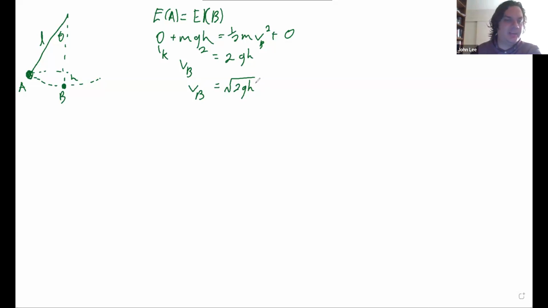So the way that we do this is seeing that the projection that the pendulum makes along the y-axis at any given time is going to be equal to L